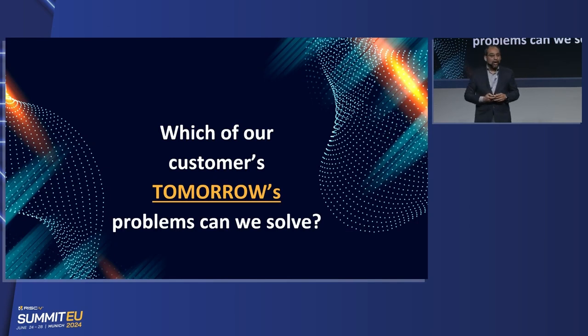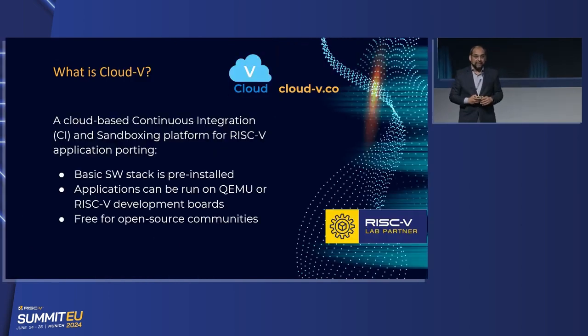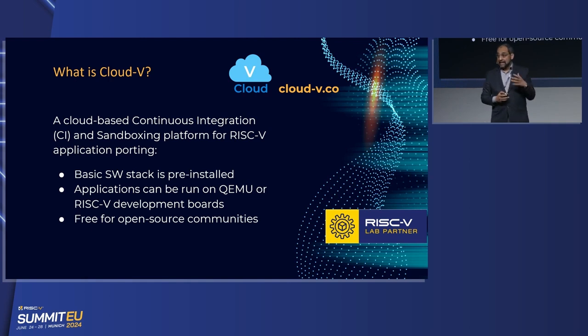And the answer was obvious. Software, software, software. That's when we started working on a cloud-based platform that enables software developers to build their software on RISC-V. That's what we call Cloud 5. You can learn more about it at cloud5.co, but it's a cloud-based continuous integration and sandboxing environment for RISC-V application